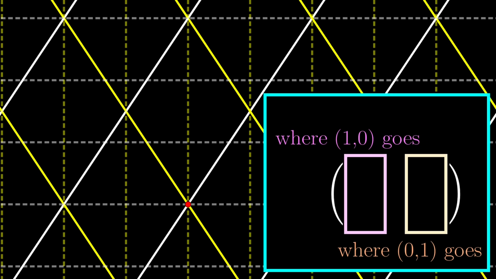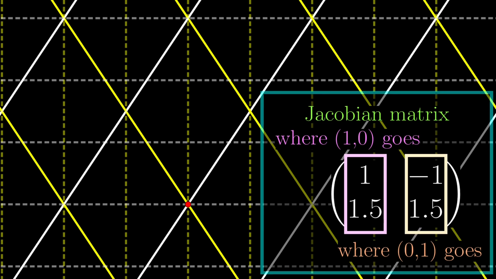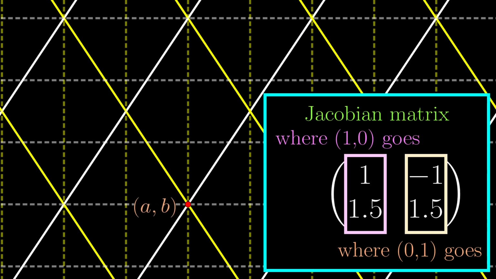Again, this is not exact, but we can take the closest linear map approximation. This is the image of the exact linear map with respect to the original coordinate system. As discussed in the first chapter of this video, the matrix for this linear map should look like this. This is where (1, 0) on this coordinate system goes, which is (1, 1.5). On the other hand, (0, 1) went here, which is (-1, 1.5). This matrix, just like in the 1D case, is the Jacobian matrix at the point we are studying. Again, the Jacobian matrix depends on the position (a, b) of the point.